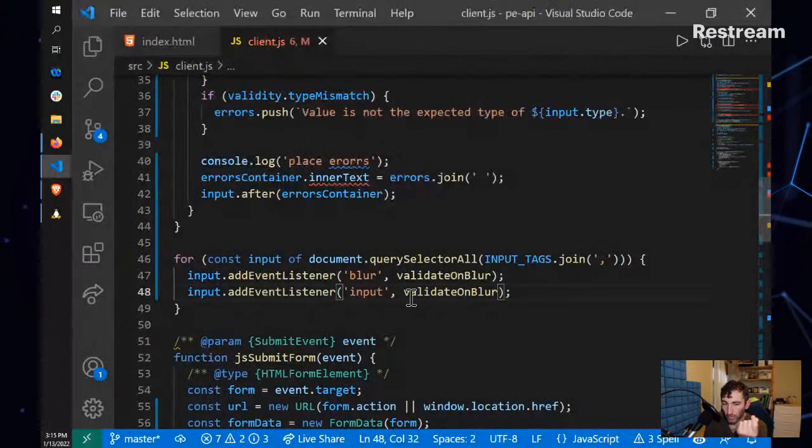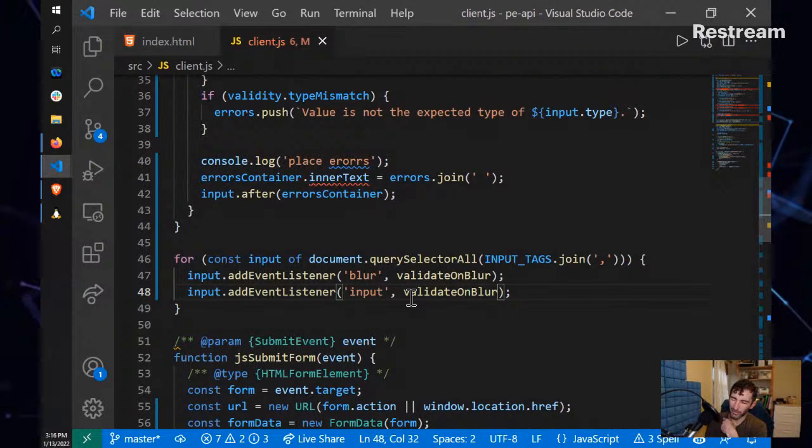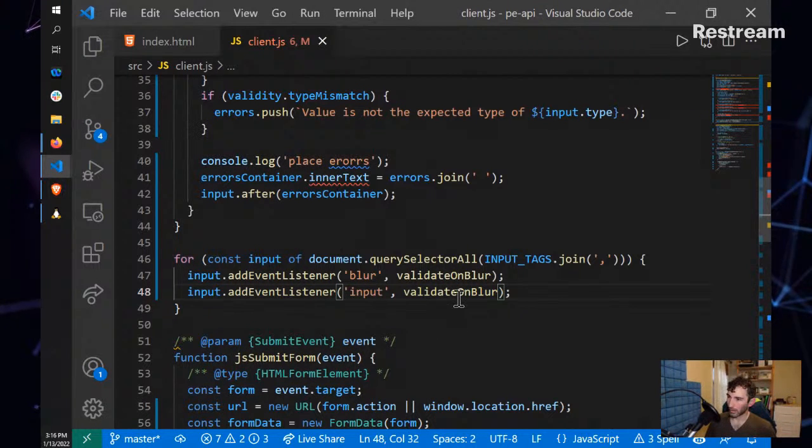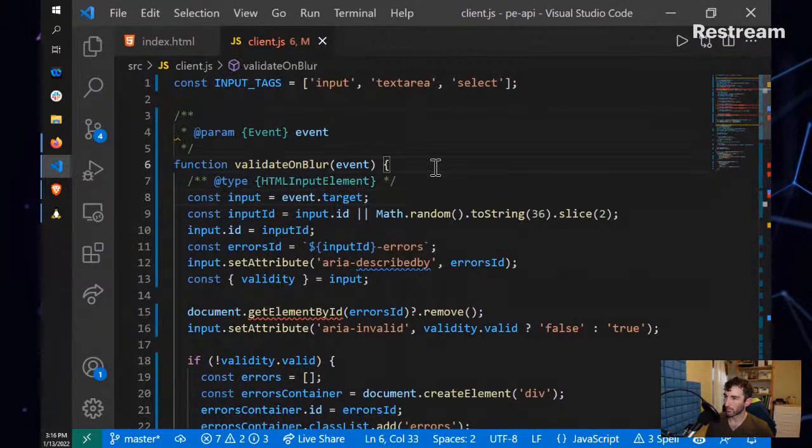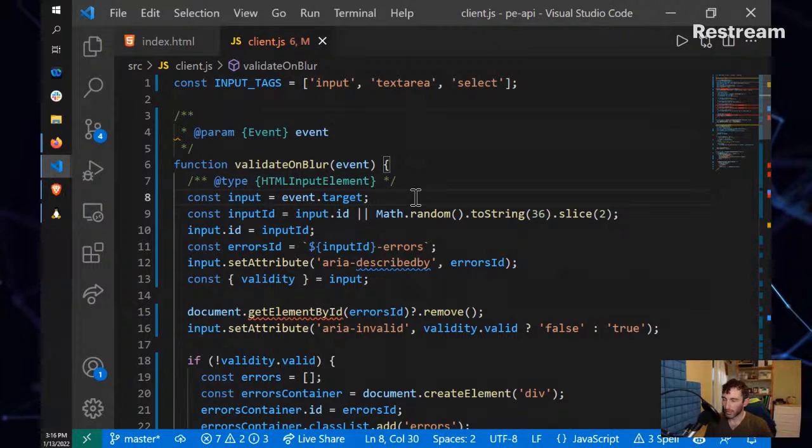However, we only want to run it on that input event in the case that the input has already been blurred, meaning it's been focused. Well, we'll just call it in a dirty state. So it's been focused and then the focus has left. That'll be the input is dirty. So how do we do that? Well, validate on blur is going to say, we're going to capture the event target, and then we're going to say